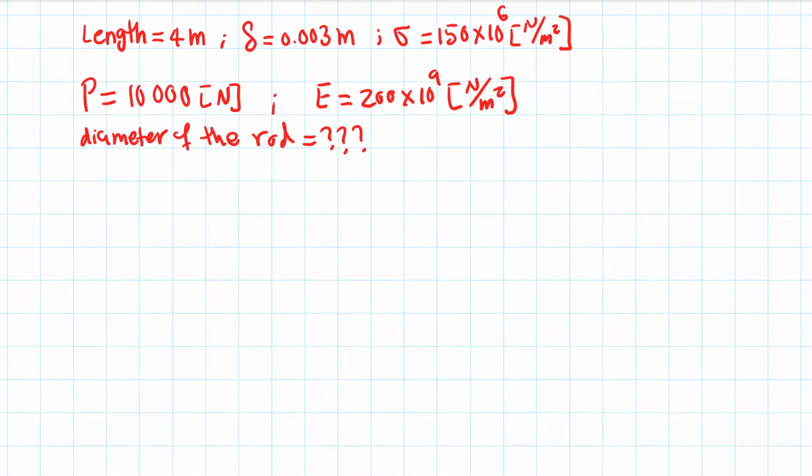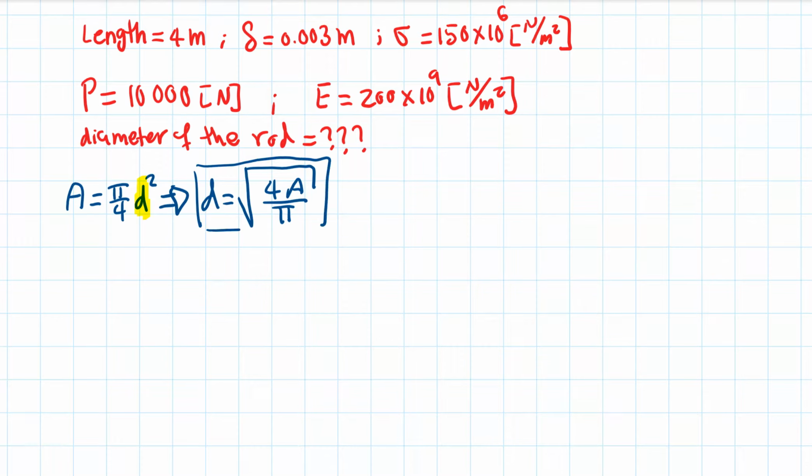So to find the diameter, we need to find the area, because area is equal to pi over 4 d squared. And the goal in here is to find the diameter, so we can solve for the diameter. So diameter will be equal to the square root of 4 times area divided by pi. And this is the equation that we will use to find the diameter. And to find the diameter, we need to find the area. In this problem, we can find the